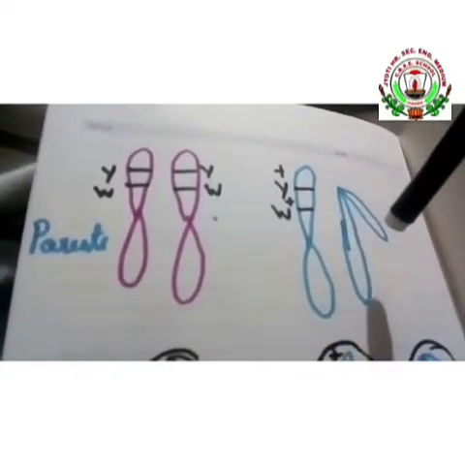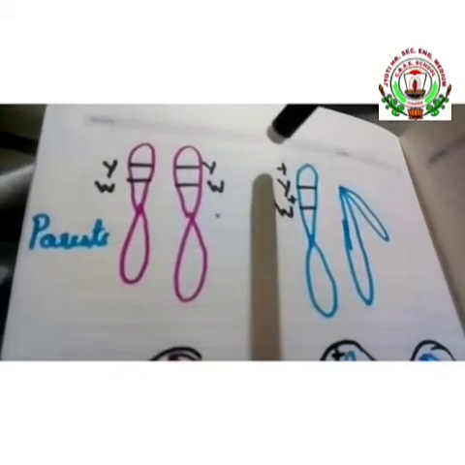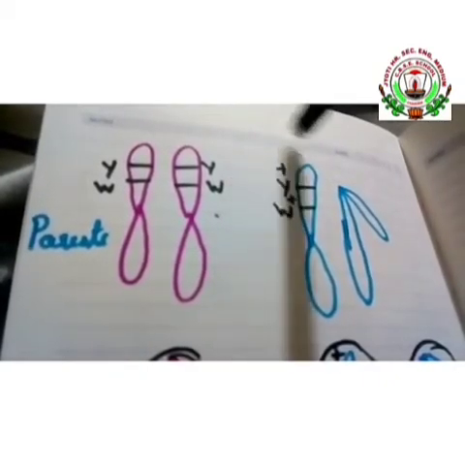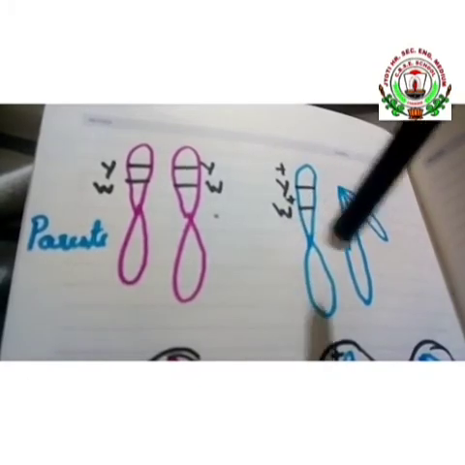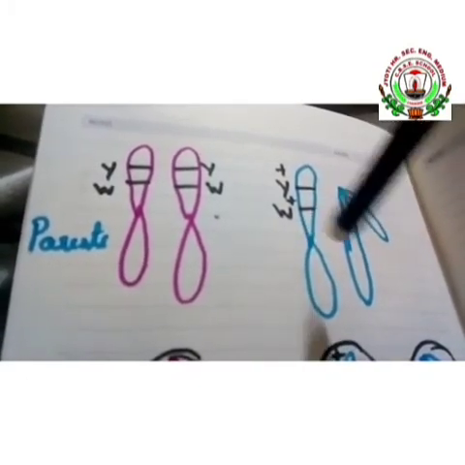Can you see the male? The X and Y chromosomes are shown just to indicate it, as it is a sex-linked character. The Y chromosome is shown in the form of a Y, just to distinguish these two chromosomes.